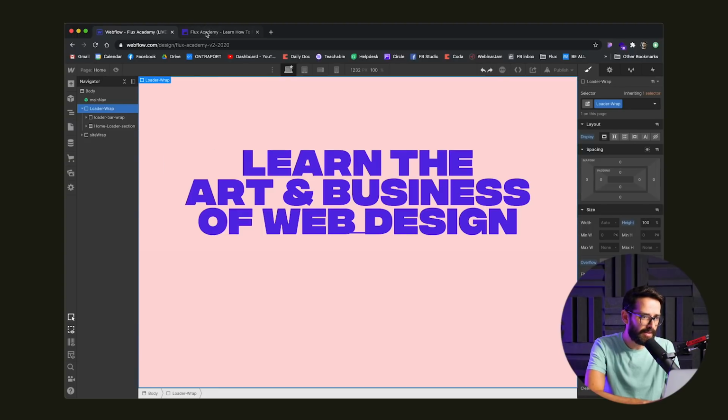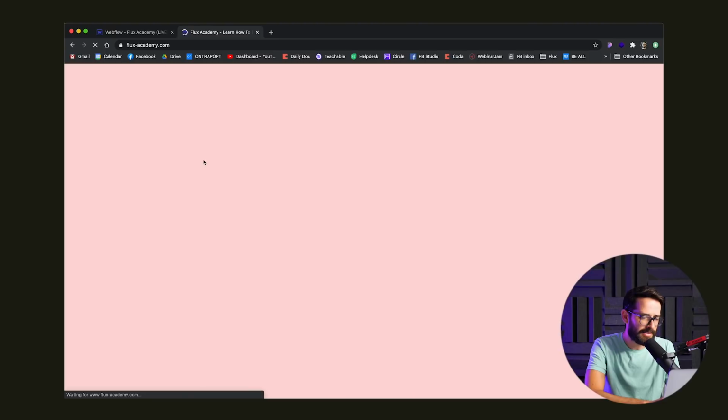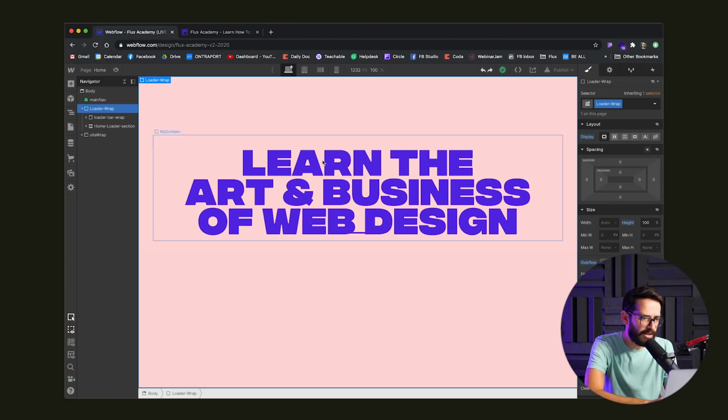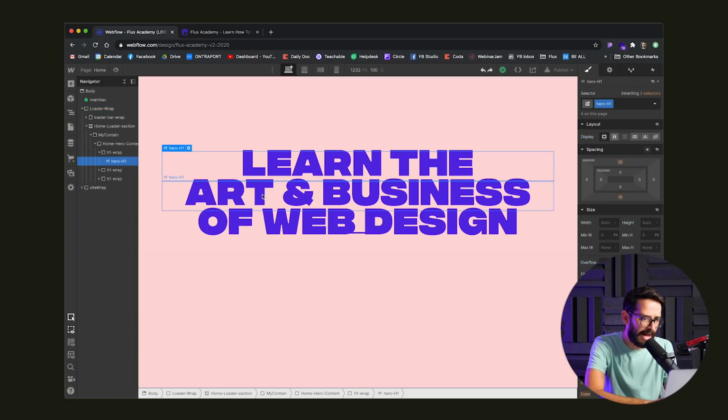All right, so the second thing that happens is the text goes in floating in line by line, and it also has a rotation. Now the way to do that is actually break out this text into 3 different lines and wrap each of them in kind of a wrapper. Why are we wrapping them?